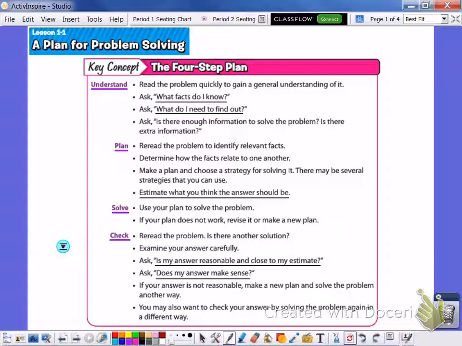Alright guys, here we go with our very first lesson. We are in lesson 1-1 and we're talking about a plan for problem solving. So in this section we're going to talk about our 4-step plan, which would be to understand, plan, solve, and